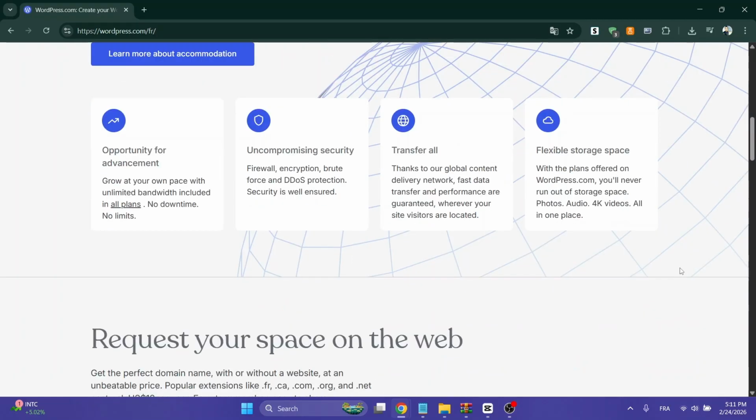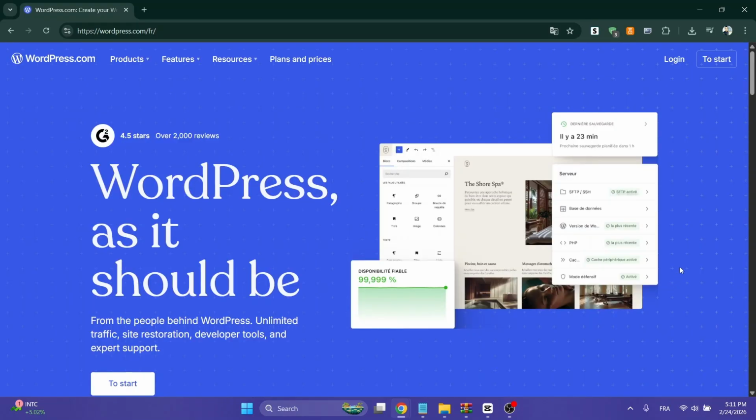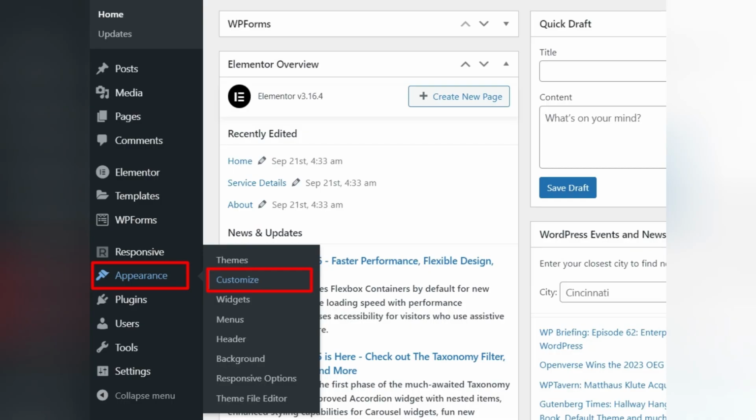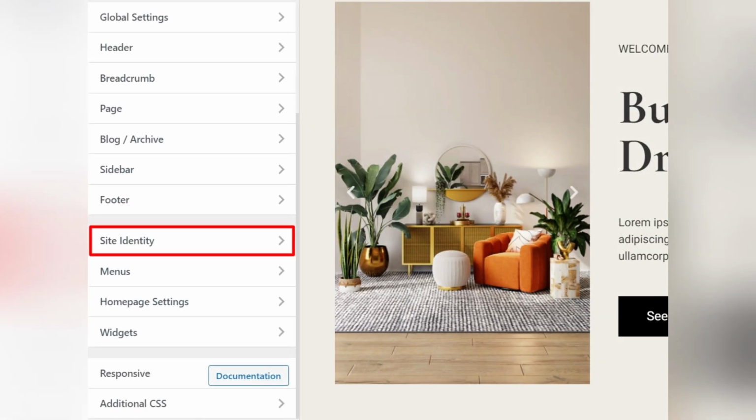The absolute easiest way to swap your logo or tweak how big it appears is right inside the WordPress theme customizer. Many popular themes have this built right in, and we will be using the responsive theme for this specific example. Step 1. Log directly into your WordPress admin dashboard, hover over Appearance on the left-hand menu, and click on